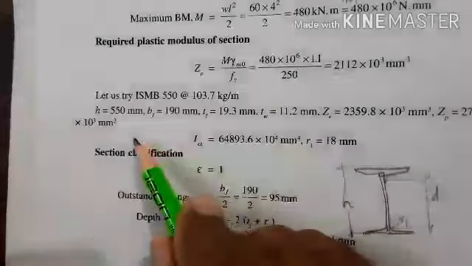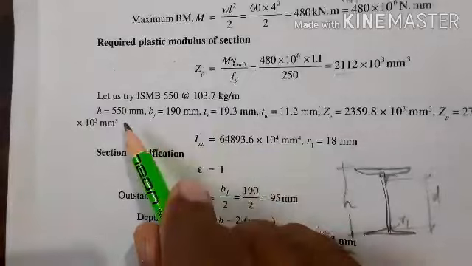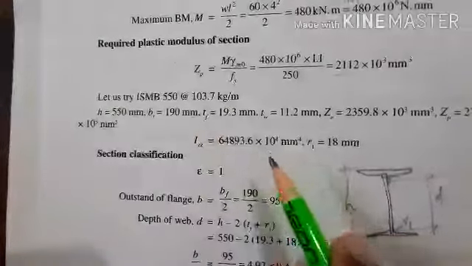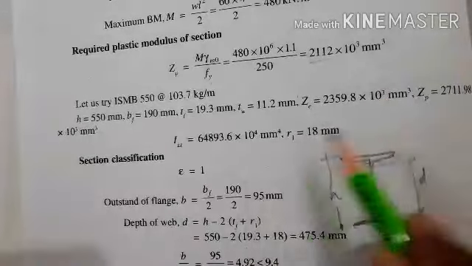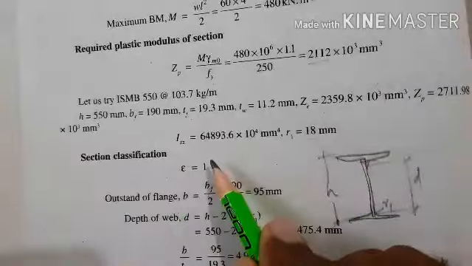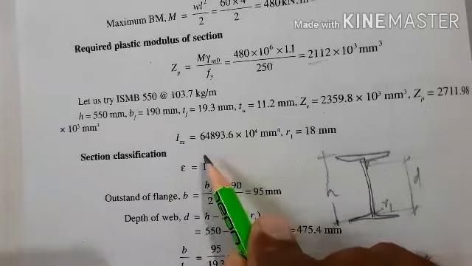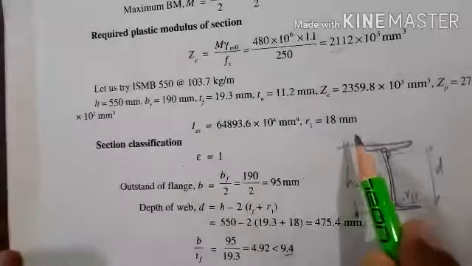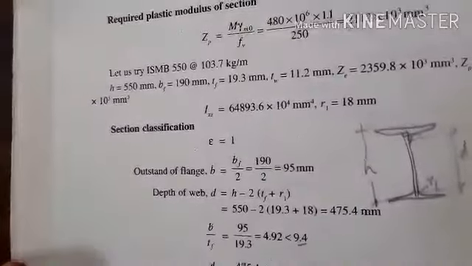and note down all the properties of that section, that is depth of the section, width of the flange, thickness of the flange, thickness of web, elastic section modulus and plastic section modulus, as well as moment of inertia about the major axis, which is required for the check for deflection, then the root radius of that section. Then after this one, do the section classification,